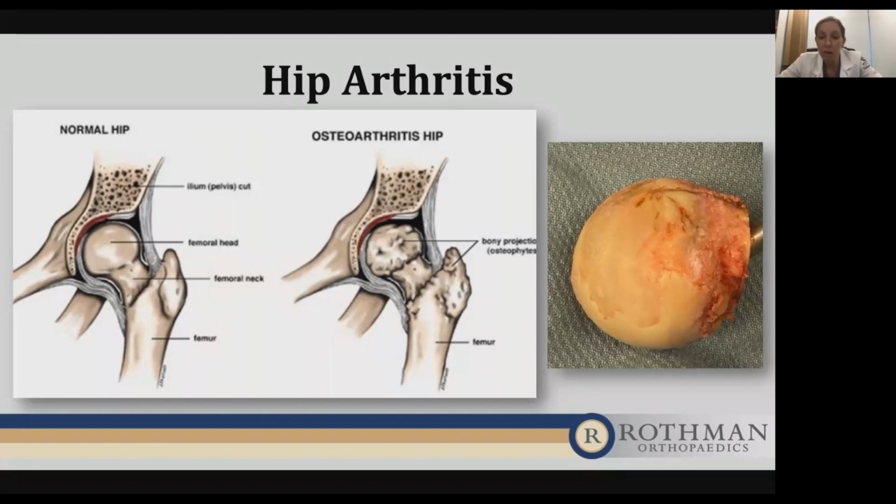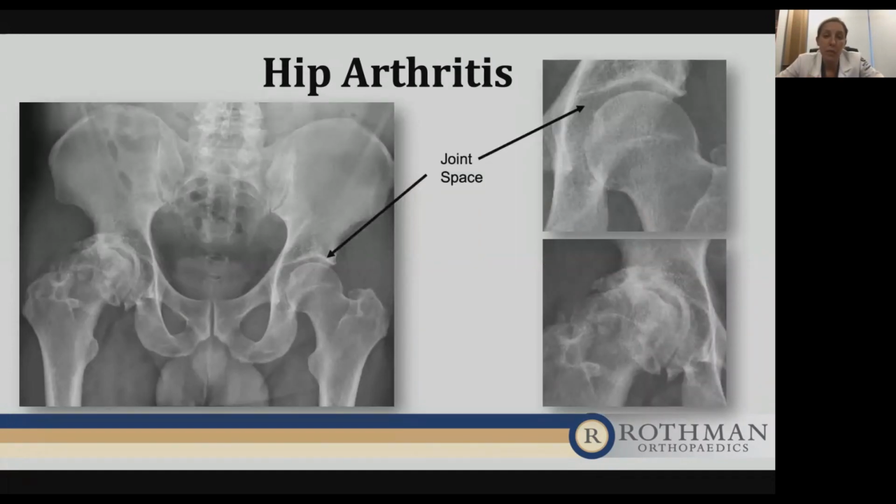The image on the far right here is a real femoral head, the ball part of the hip, and you can see where there are eroded areas where instead of having a nice cushioned white surface there, it's abnormally colored and eroded. When you come to the office, our first step is going to be to look at some